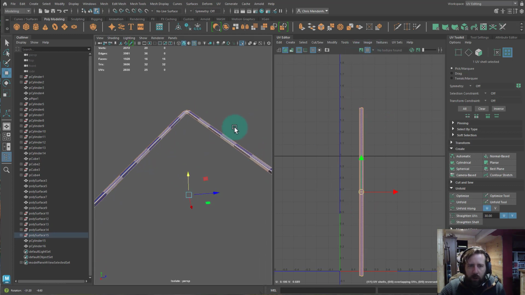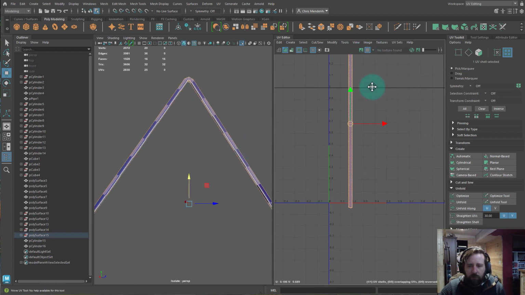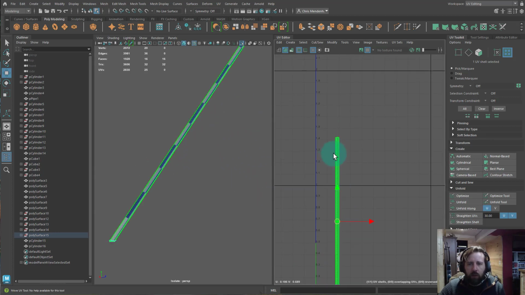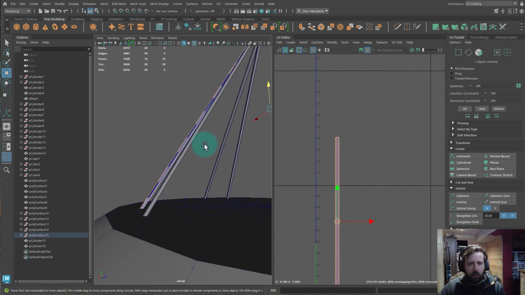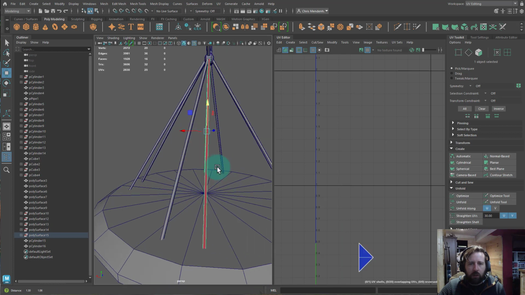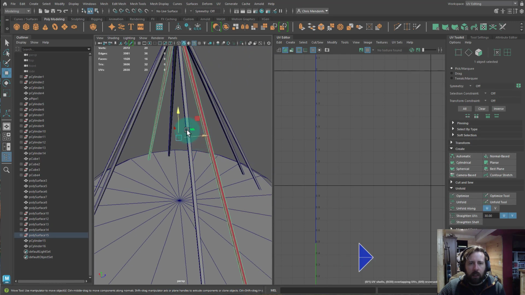Let's turn this on. I just want to see. Okay, cool. So Control 1 to undo. Now, each of these models have the same